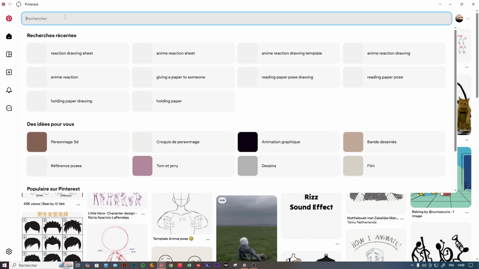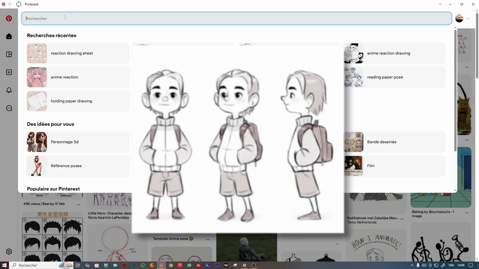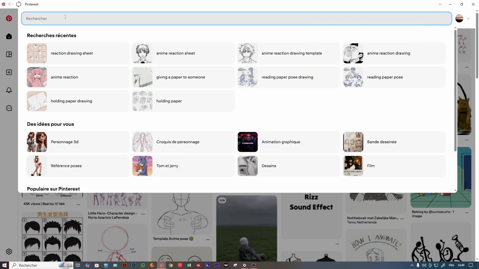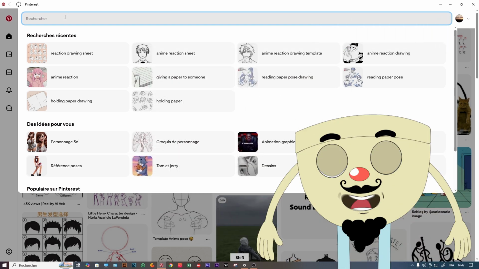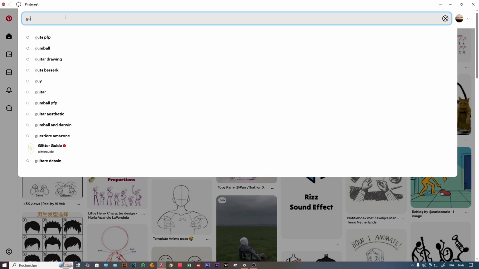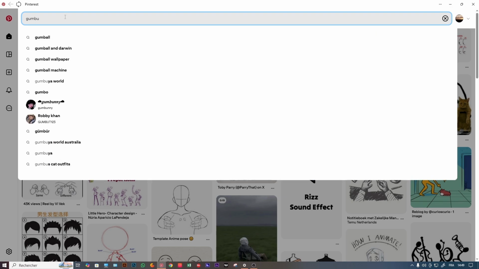First thing, you have to draw your character in 3 positions. This is usually called a turnaround. I know, it's a little bit challenging, but give it a try. And if you suck at drawing like me, don't worry, you're not alone. You can use Pinterest to find any character you want to animate. So let's borrow one from Pinterest.